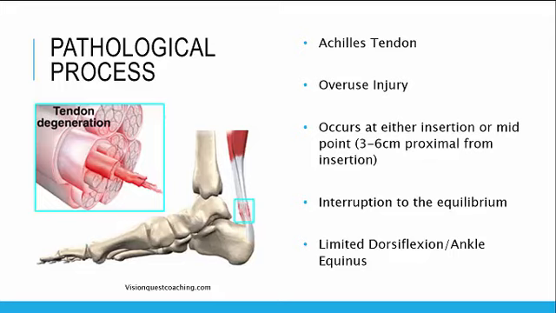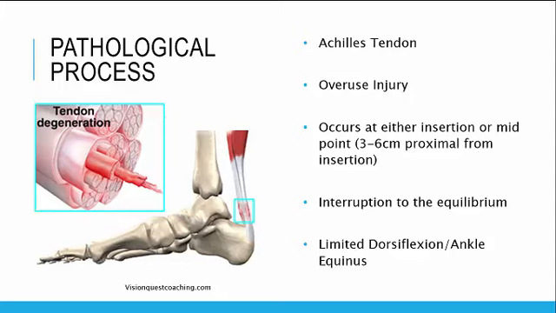The pathology is caused by an interruption of the equilibrium of damage equaling repair. As the Achilles tendon is subject to increased forces or repetitive forces over a sustained period of time, the cross-linked collagen fibers begin to fail. This is subsequently followed by the repair of the tendon. When there is an imbalance to the equilibrium, with tearing and repairing not being equal, that is when the Achilles tendon becomes symptomatic. An ankle equinus, or a limited range of dorsiflexion motion, less than 11.5 degrees, is suggested to place more tension on the Achilles tendon due to the decreased range of motion,